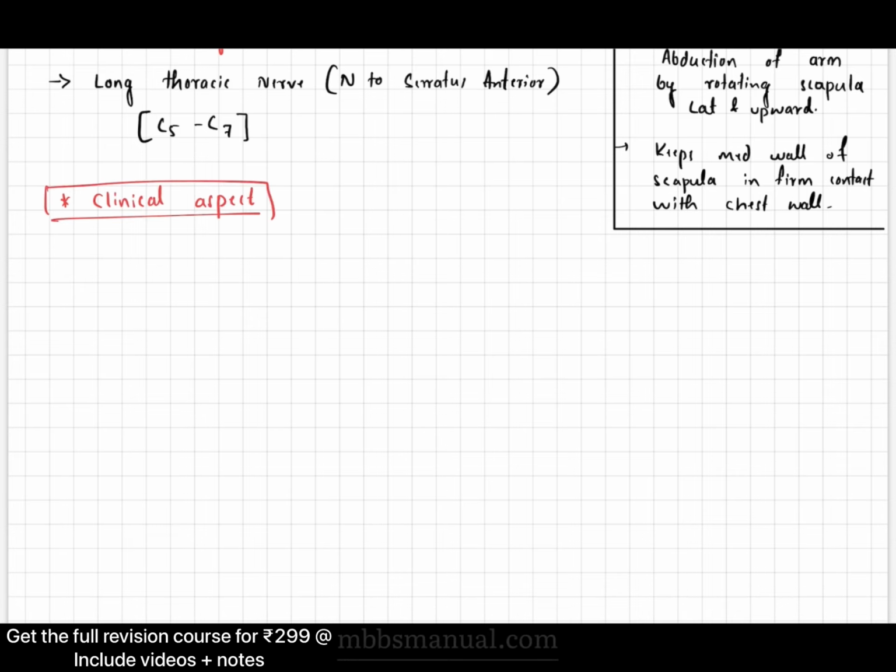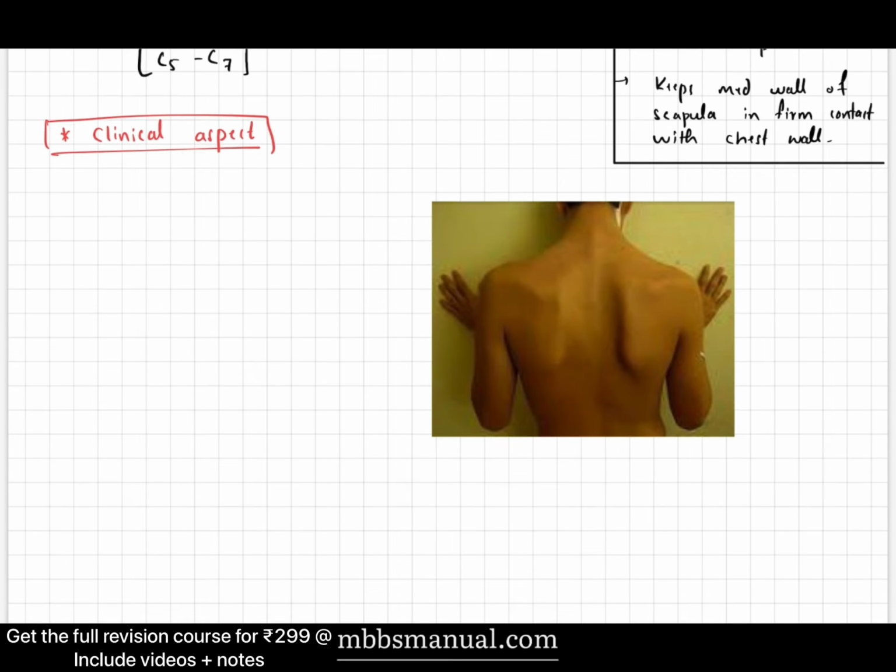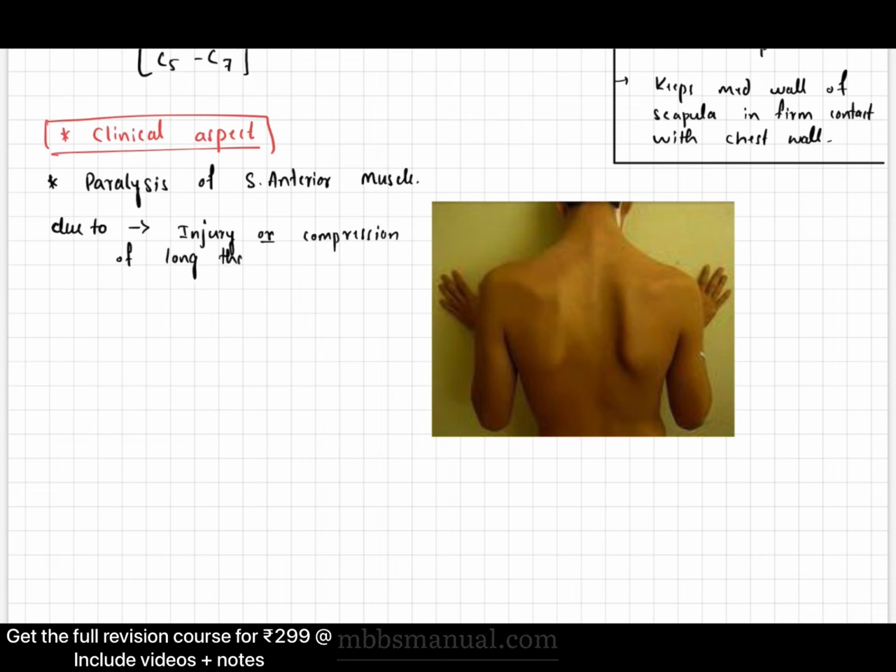Clinical aspect of the muscle. There is one important condition called winging of scapula. It is mainly due to paralysis of the serratus anterior muscle. This condition is mainly due to injury or any kind of compression of the long thoracic nerve in that region. Clinical features of this condition: there will be weakened protraction of the scapula, meaning their punch will